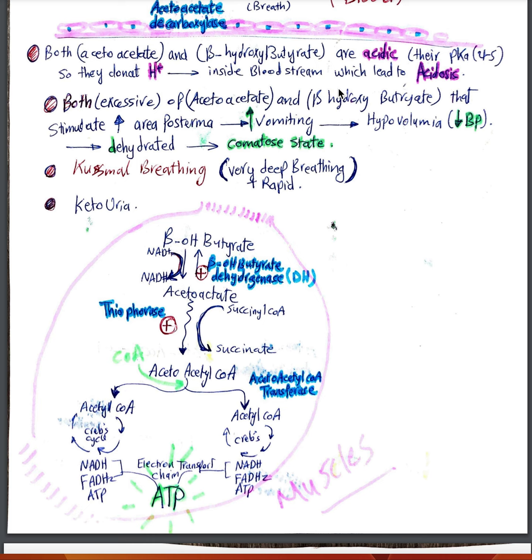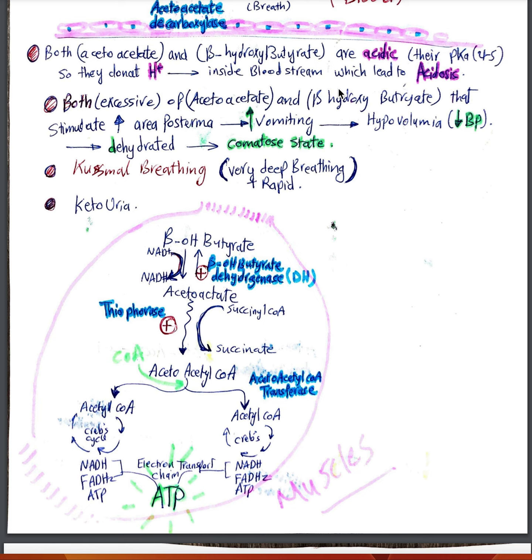The other thing is hyperthyroidism, so an increased level of T3 and T4, and that also leads to the formation of ketone bodies. Also aspirin, because aspirin leads to a decreased glucose level, and that increases the activity of glucagon. And anesthetics, because they have a catabolic action, and that leads to the formation of ketone bodies.